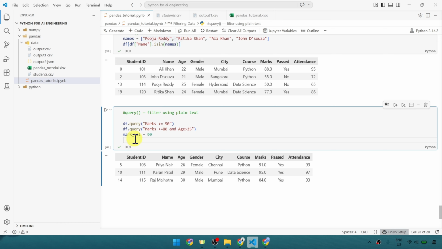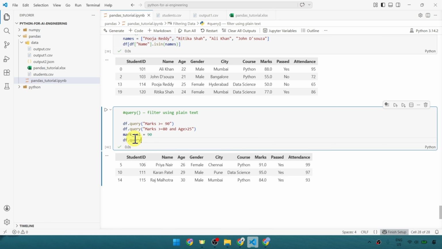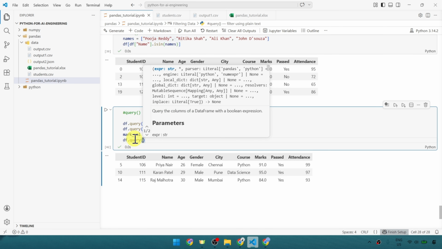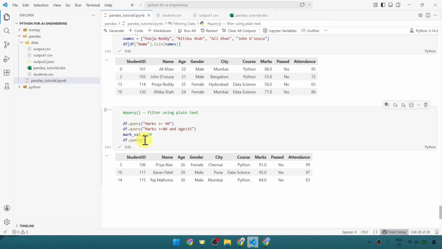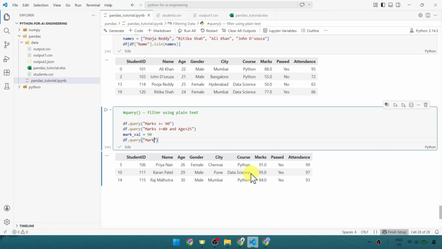So let's see that. For that we need to provide df.query and then opening and closing round parenthesis, and here again we need to provide the quotes and inside it let's provide marks greater than or equal to, and here rather than providing this hard coded value we would be providing this variable name. And how to provide the variable name here? For that you need to use this @ symbol and then you need to provide this variable name